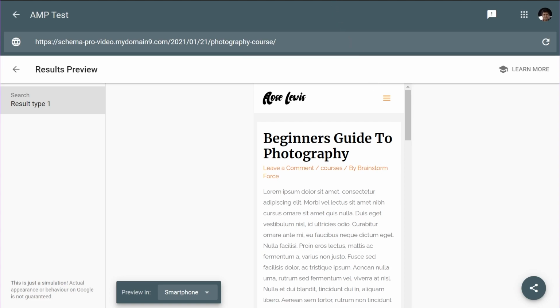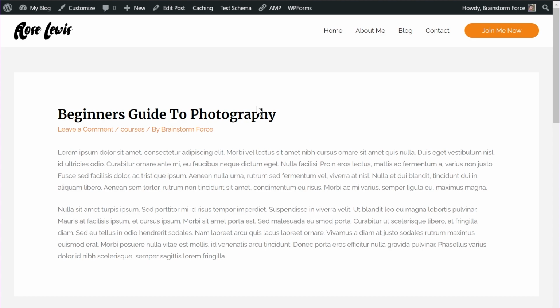And looking at the blog post itself, we can also see that it looks the same, or I would say exactly the same, as you can see right here. The page looks exactly the same. And we can also test the feature, or test AMP out, on this particular page as well.